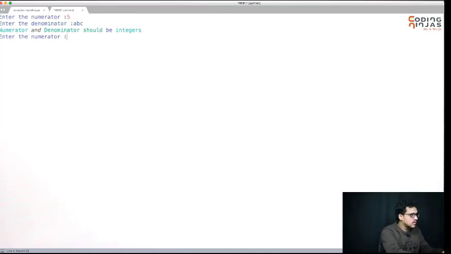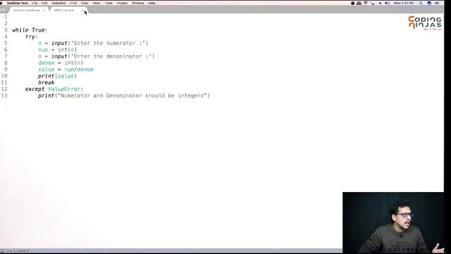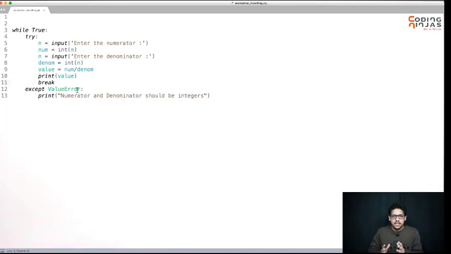Now if I try to run this with 4 and 2, I get the value 4 divided by 2, that is 2.0. Okay, that is great, and I got the value. I have surrounded it with a while loop so that I keep taking the input until I give the correct value. So this is how I handle exceptions using try and except. If you have not handled that exception, then it will raise the exception. If you don't specify anything, it will handle all the exceptions.